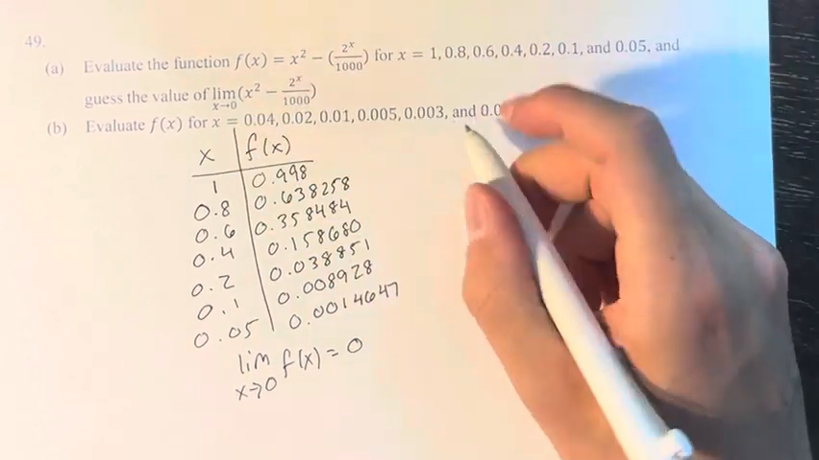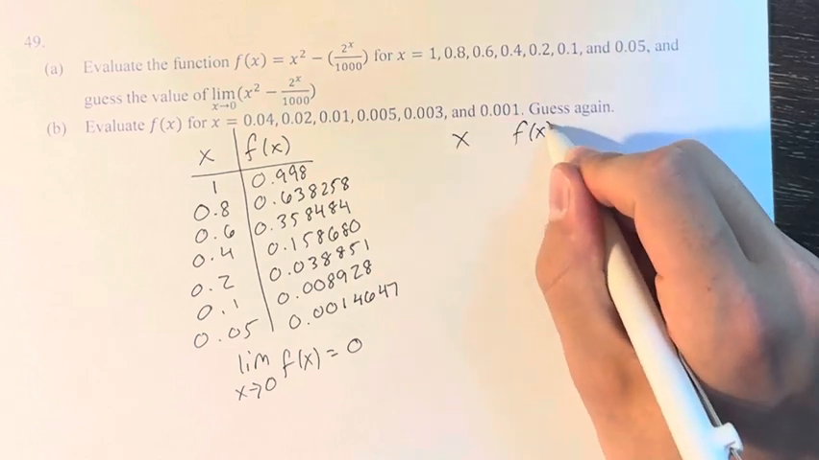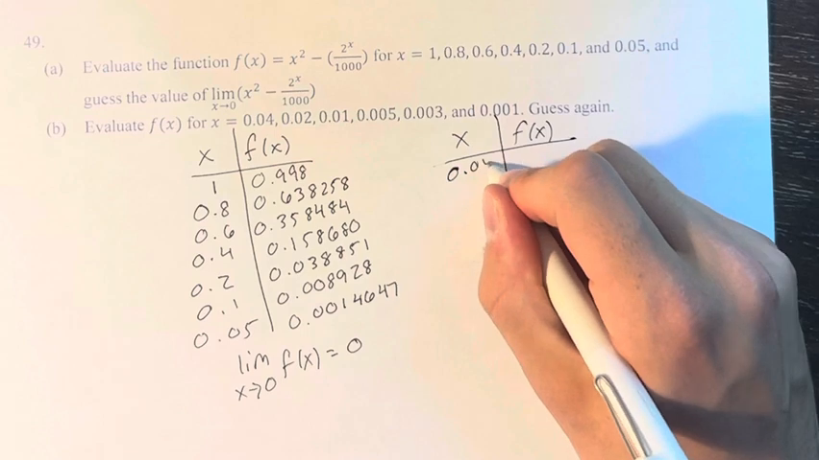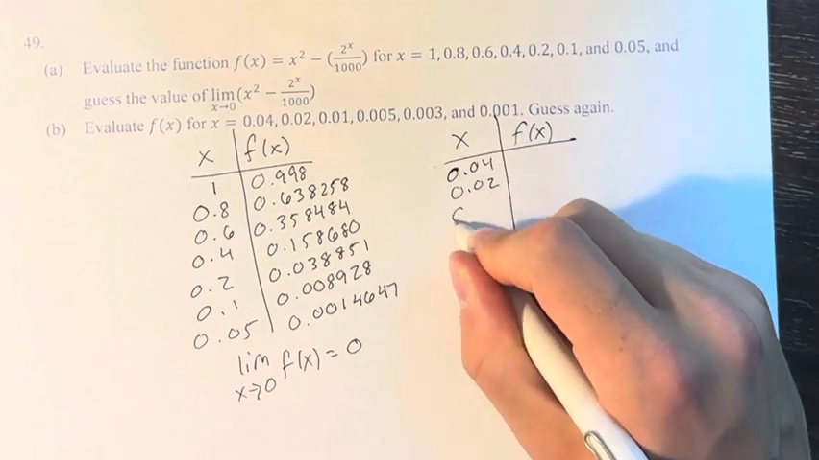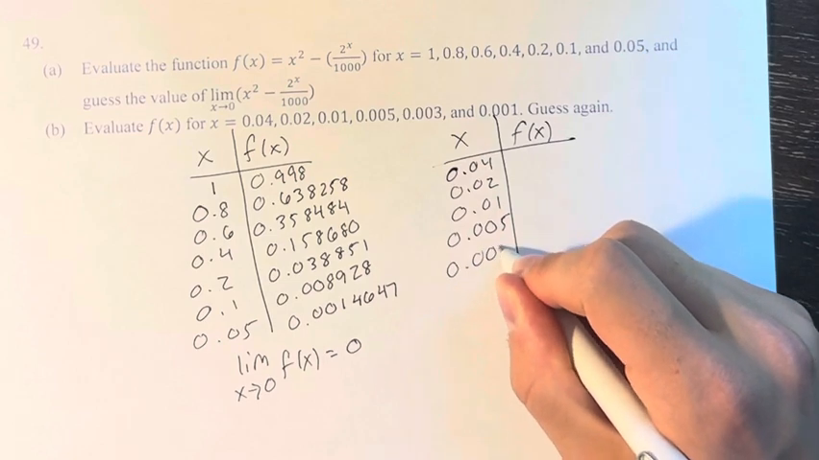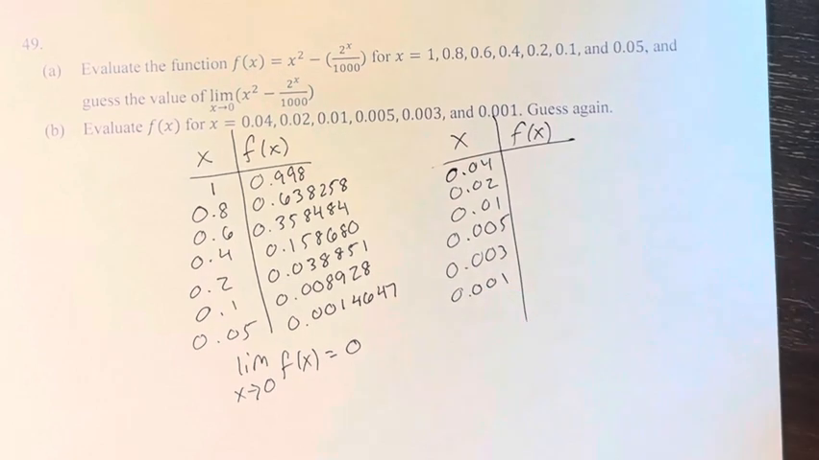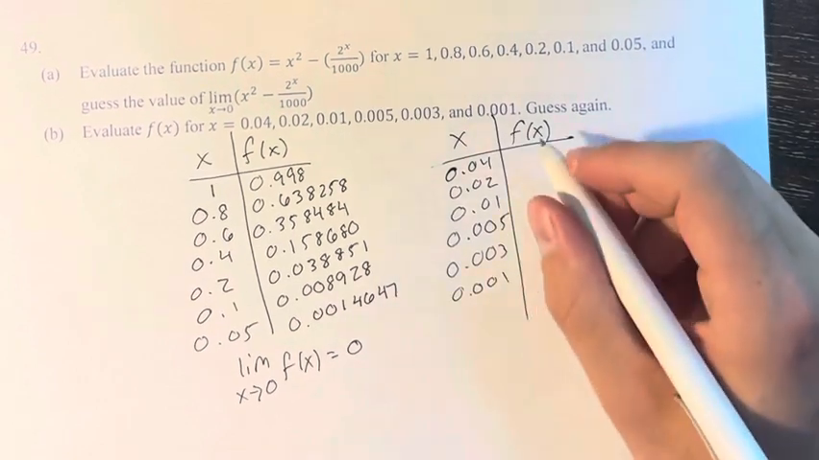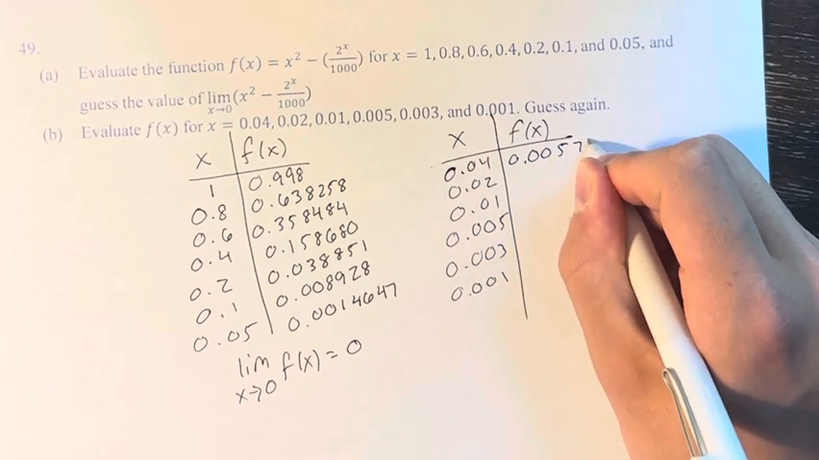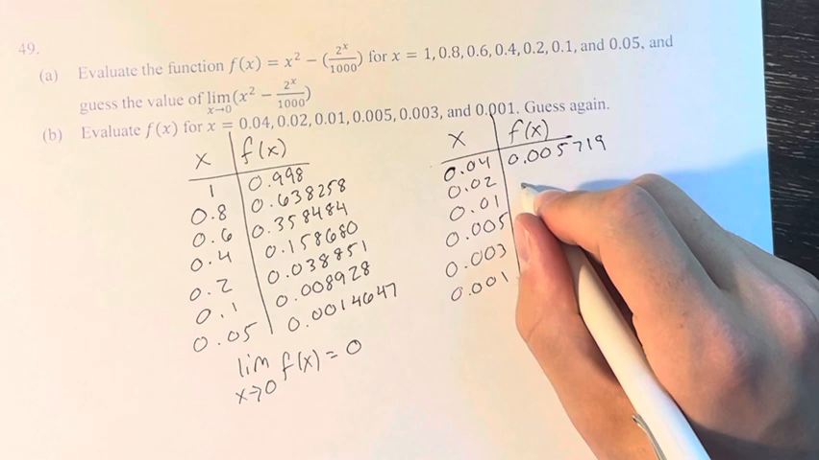But then it asks us to test some more points, and maybe our answer will change. So we have 0.04, 0.02, 0.01, 0.005, 0.003, and 0.001. If we plug these in, we get 0.005719, negative